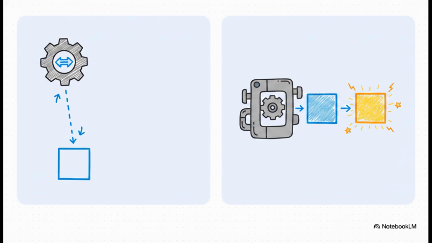On the flip side, we have higher order components, or HOCs. An HOC is essentially a function that takes an existing component and returns a brand new, supercharged component with extra logic wrapped around it. Now sure, modern React relies heavily on hooks for a lot of this today, but understanding these two advanced patterns is absolutely essential for reading complex, enterprise-level code bases and really mastering the structural flexibility that